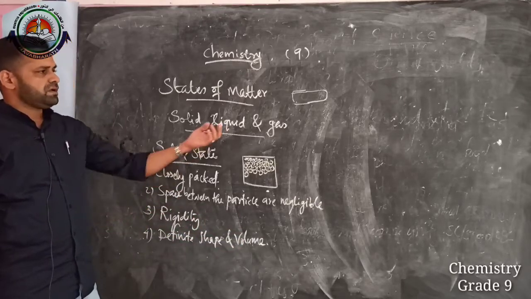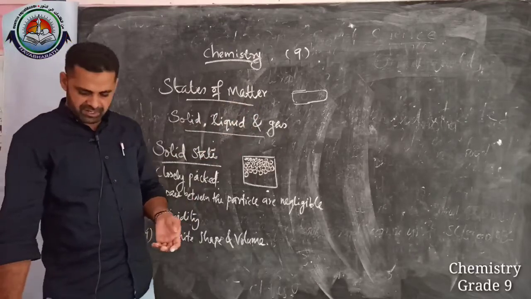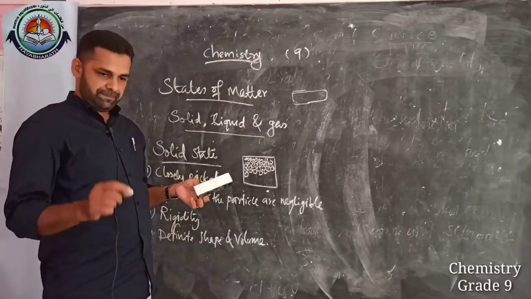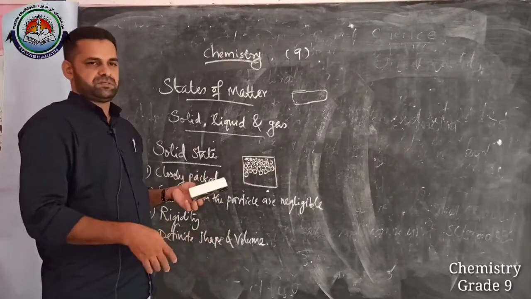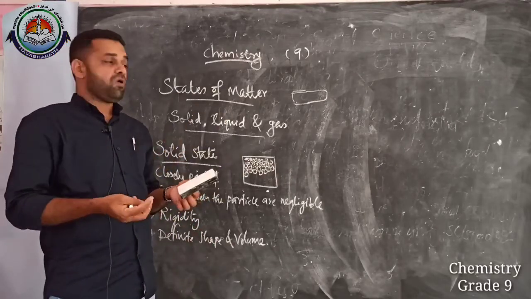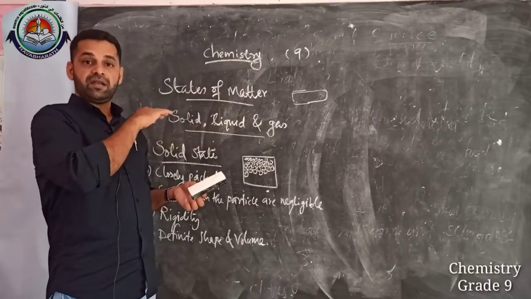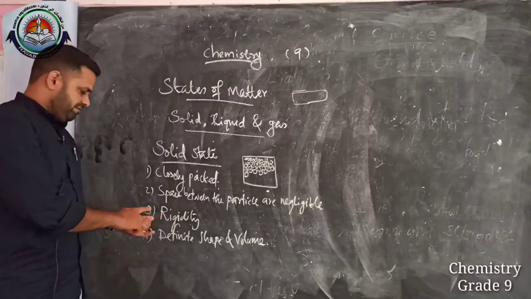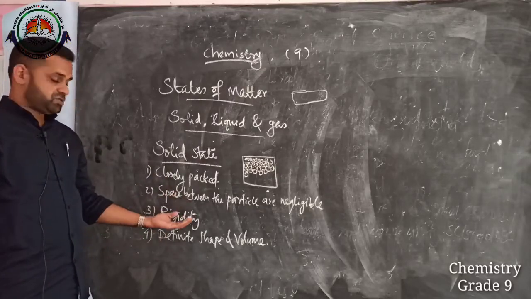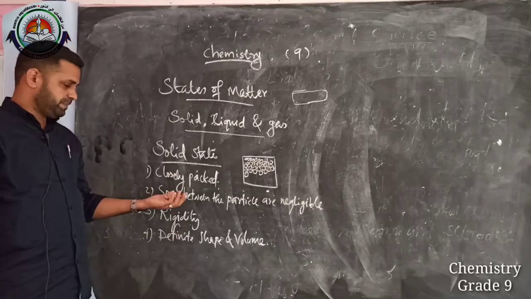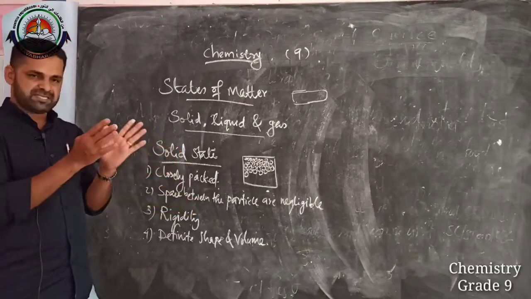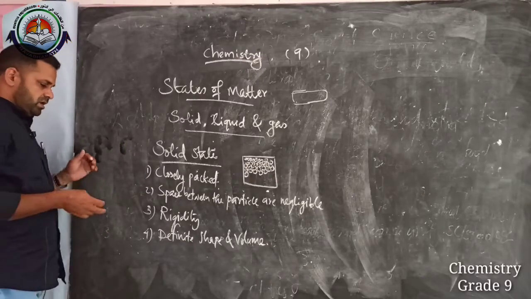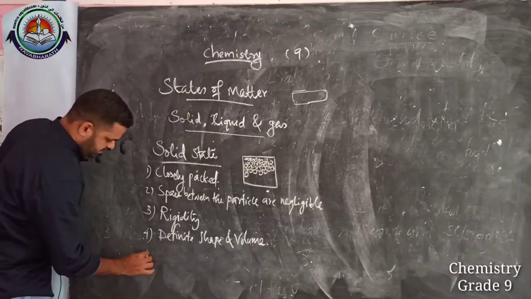Here I have taken a duster. Instead, if you take a pen or a notebook, all these have a definite shape and definite volume. So they have definite shape, definite volume, they show rigidity, the space between the particles is negligible, and they are closely packed. And then another property is that